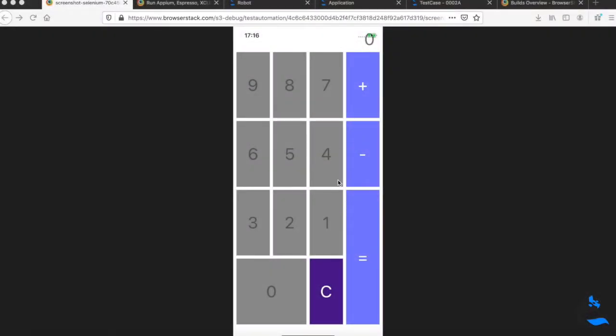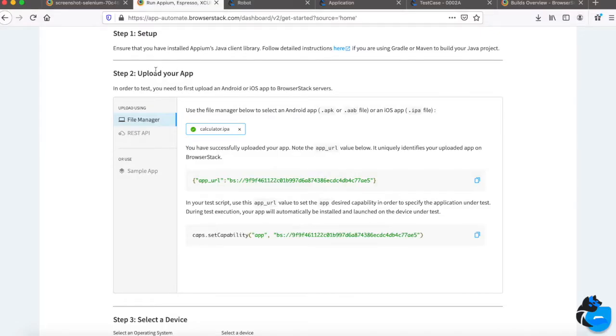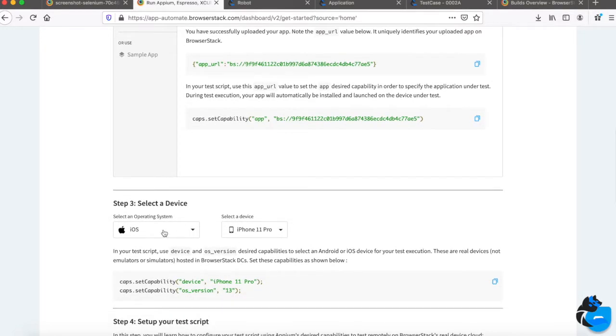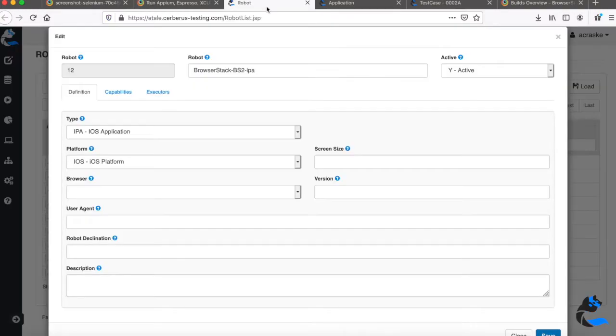Okay, so the second test we'll do will be on the simple iPhone application, which is a calculator. So here we'll share how it differs and how it will be your typical use case if you want to test your own business or personal application. In BrowserStack you can upload it manually. I have done it here and I got another ID, and in terms of difference here we'll use the iOS device iPhone 11.